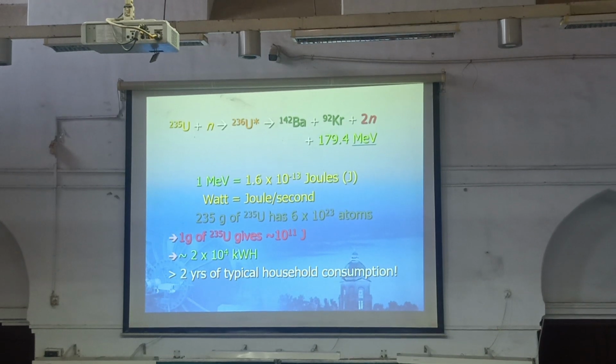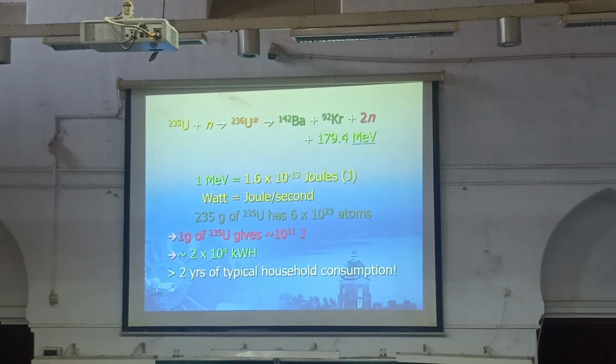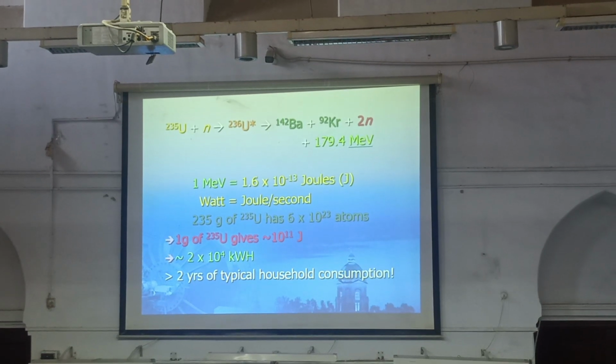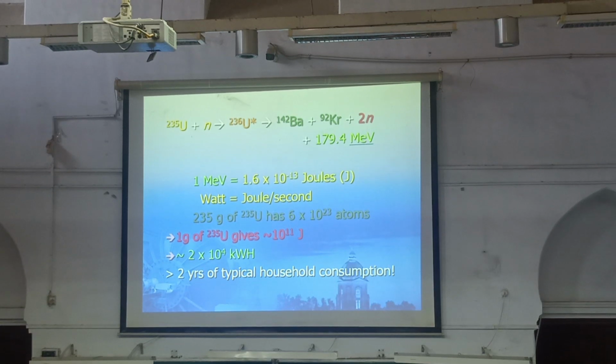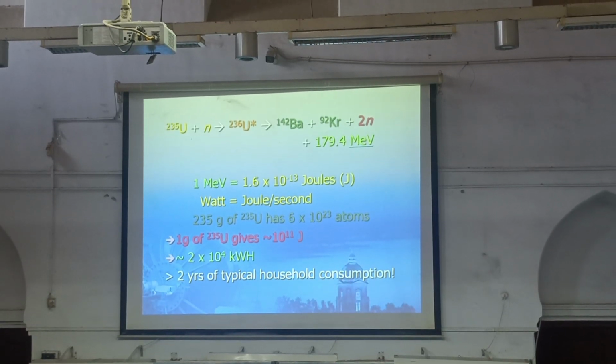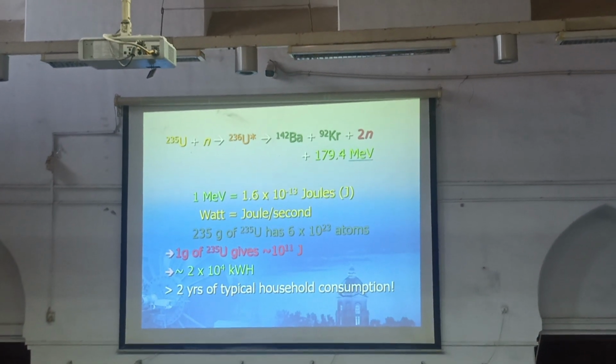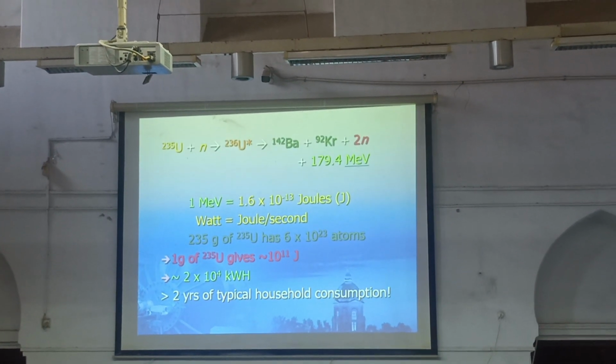So this is enough light. 1 gram of uranium will give you about 2 years of typical household consumption, including AC. So that is the amount of energy you can get from fission of uranium. And that is what makes